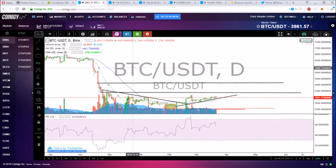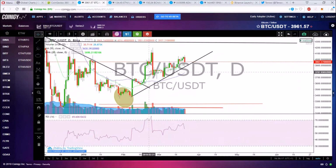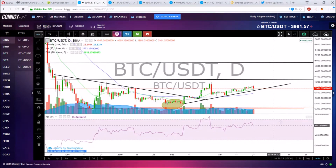Now what we can see over here in the BTC daily chart, first of all, is that we have the RSI in good territory, around 57 to 64. That means that the bulls have the upper hand, the market has good conditions and we are in positive territory. And all in all, we can see in this week the market managed to work between $3,950 and